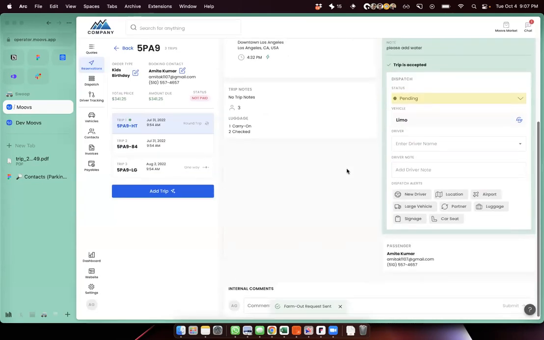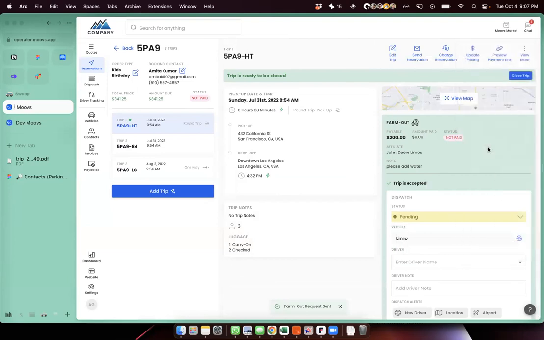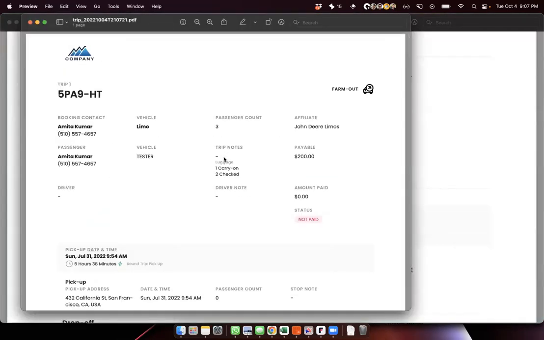All right. So now I've farmed it out to my external operator. And now I'm going to download the trip PDF here. So Frank, for external and for the regular farm out, you do have some information for the affiliate, like the amount you owe, the driver note, and most everything that I believe you did request here.